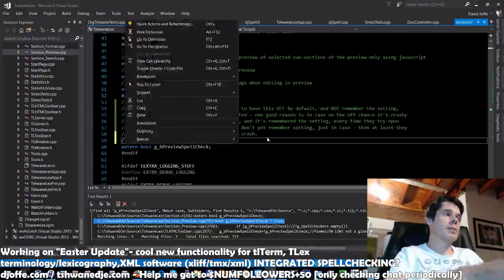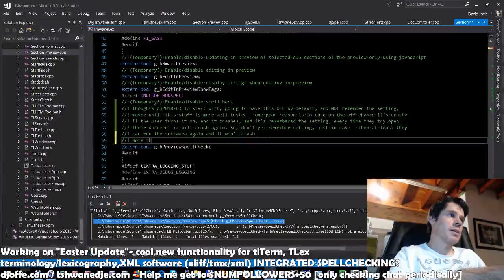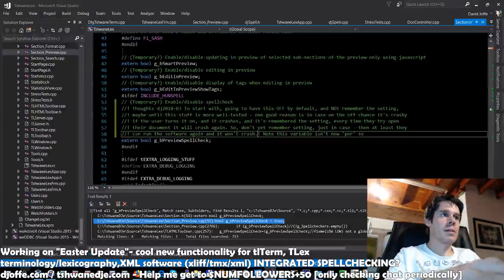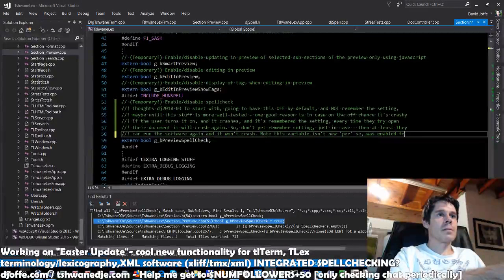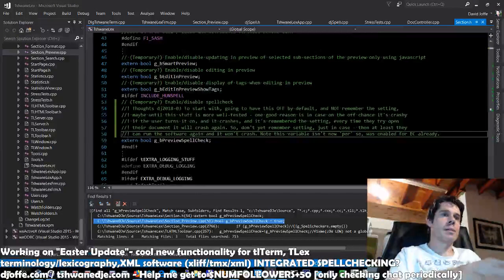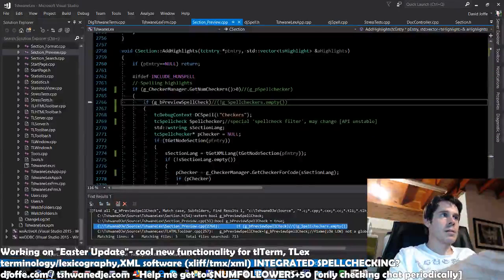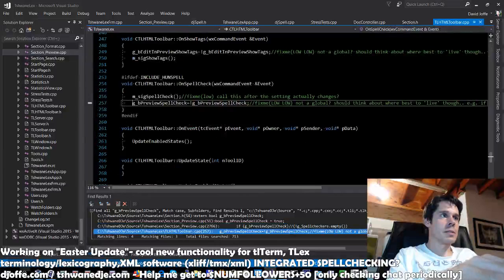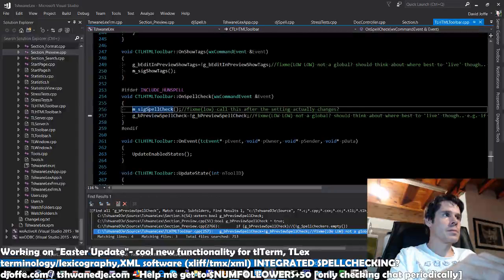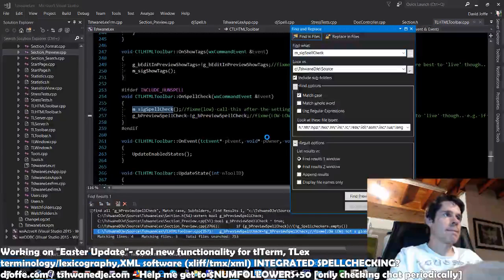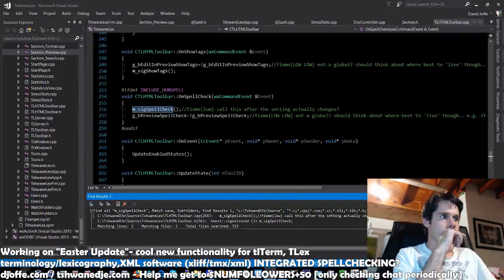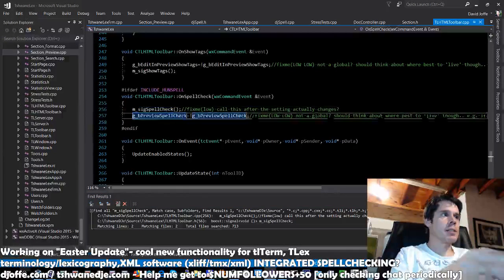Now this variable isn't new per se. There's an error for EC. Okay, so if we spell check, fixing no, call this after the setting actually changes. Yeah, and it should